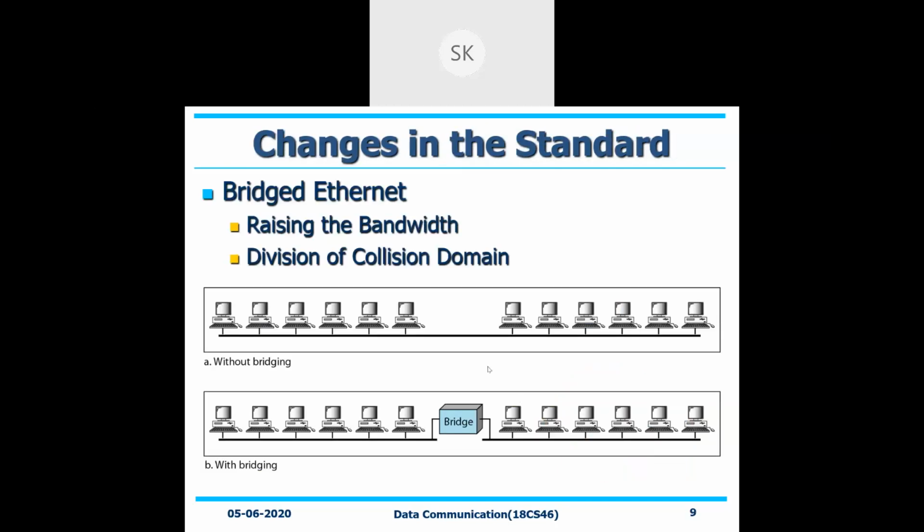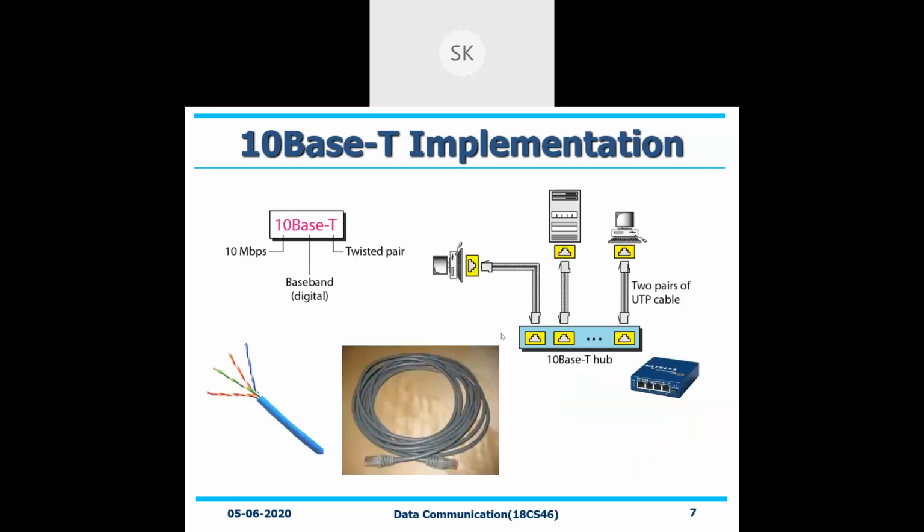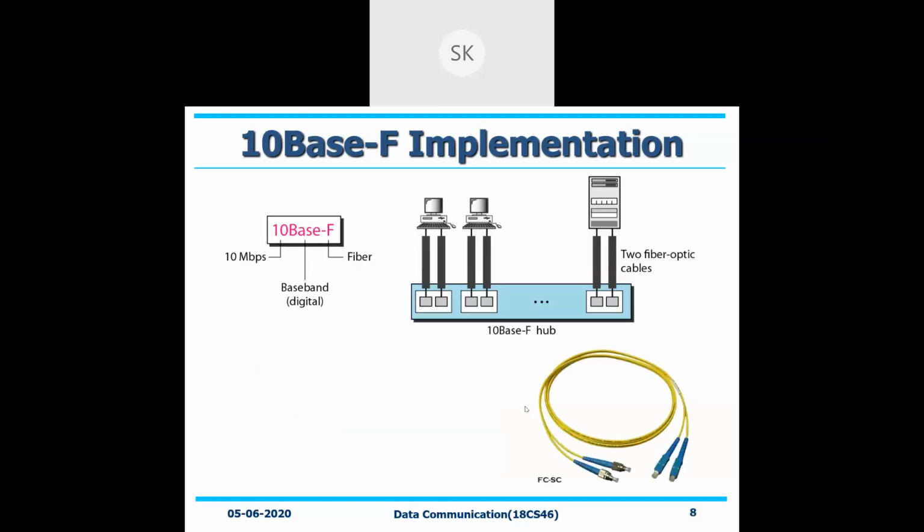Why do two wires need to be used? Because one is for sending, another one is for receiving. Just because of it, two fiber optic cables you require. Whereas with respect to your twisted pair, there is nothing like you require two pairs, because there are n number of pairs already available inside one particular single wire itself. How many you want, you can just use those particular pairs. So that's how it will be working with respect to your standard Ethernet.